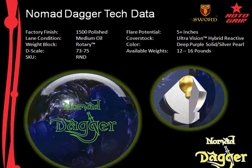Moving on to the Nomad Dagger. The Nomad series has been extremely popular. In fact, I do believe that that particular weight block shape, the Rotary, is one of Wes Malott's favorite balls, and even on tour we know that a lot of our players have loved to throw this ball on a wide range of conditions. Our amateur, PBA staff, everybody has had a tremendous amount of success with this Rotary weight